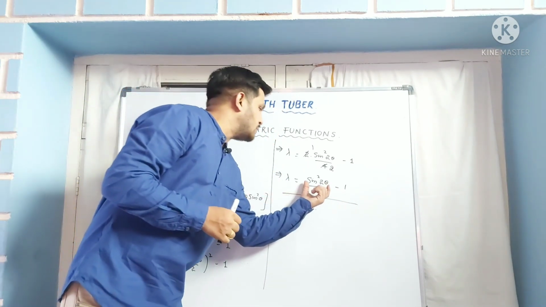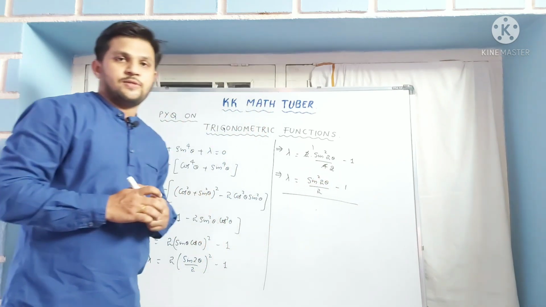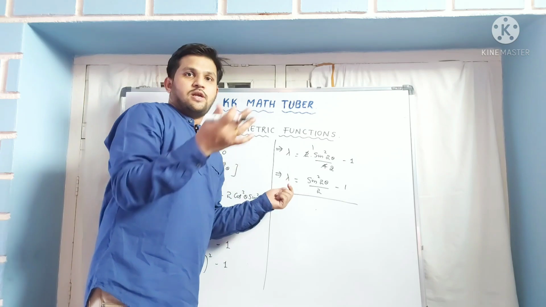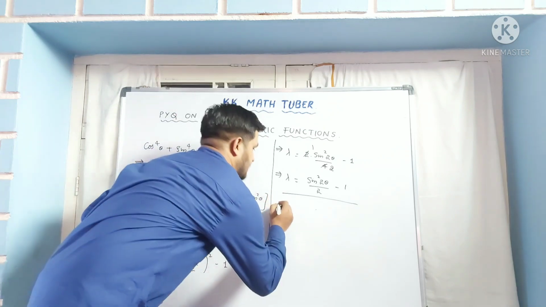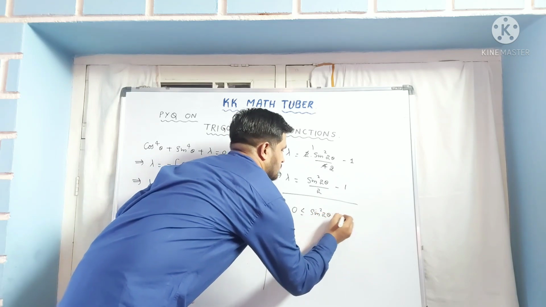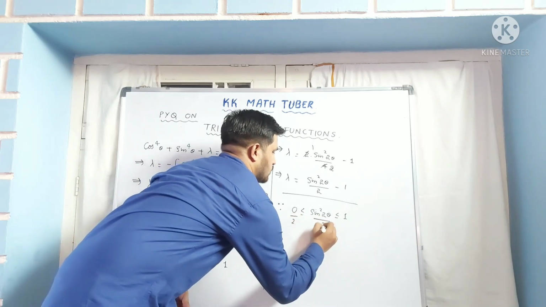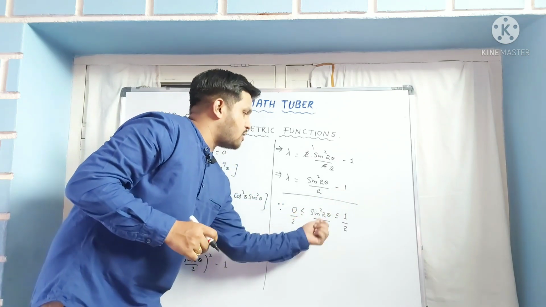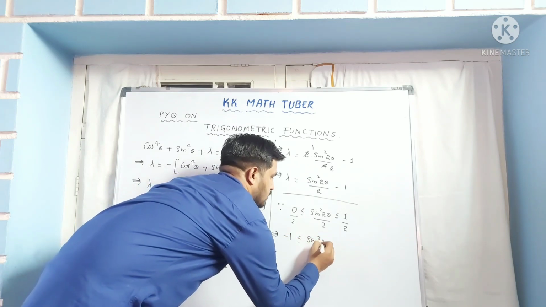How are we going to look at this term? Now look at where sin square 2 theta lies. The range of sin 2 theta is minus 1 to plus 1. Therefore sin square 2 theta lies between 0 and 1. So can I write it in this form? I need to get this expression, so divide by 2, and add minus 1 on both sides. The inequality remains the same.